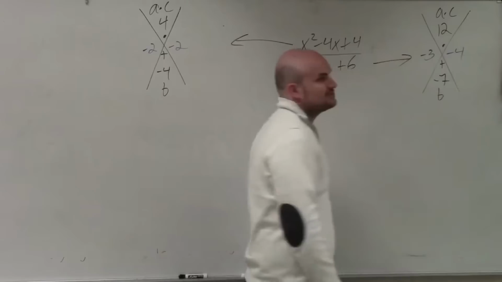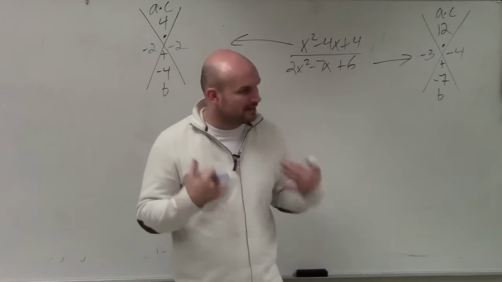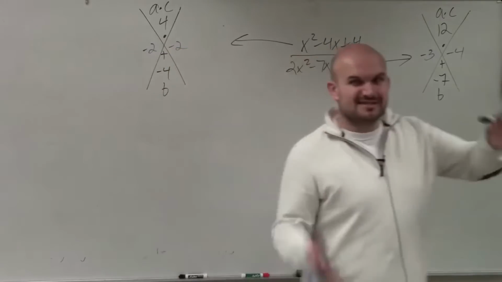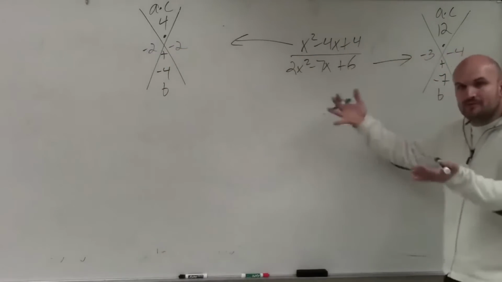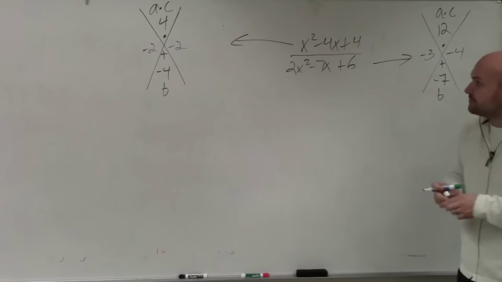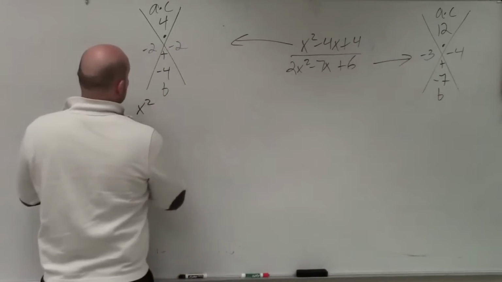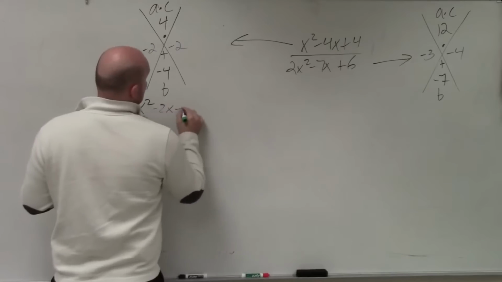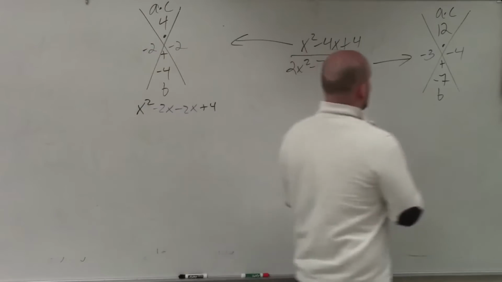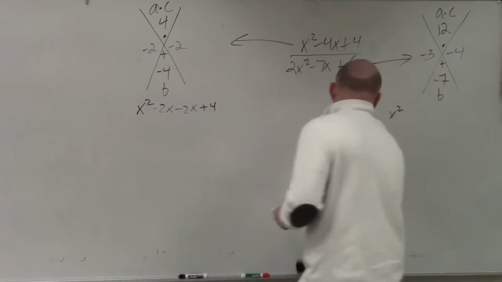OK. So there's two different ways to do this from here. I'm going to show you the shortcut once we get to this problem. But I want you to understand why we do this diamond method. Because what this allows us to do now is rewrite the equations like this: x squared minus 2x